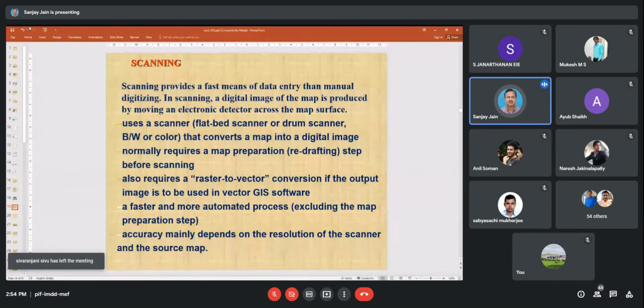So with the help of a draftsman or by other way, if I can have all these layers with me separately, very clearly demarcated on map, and then I am scanning, then my job on a system will be very easy. I need not spend that much time to have different layers if that work can be done by a draftsman or a junior person. Okay, so if I am having all the maps in a perfect format, then scanning is a much faster means of converting our data into digital form.